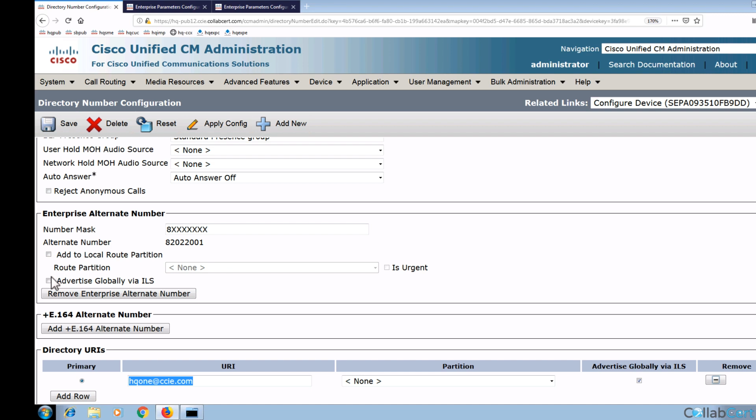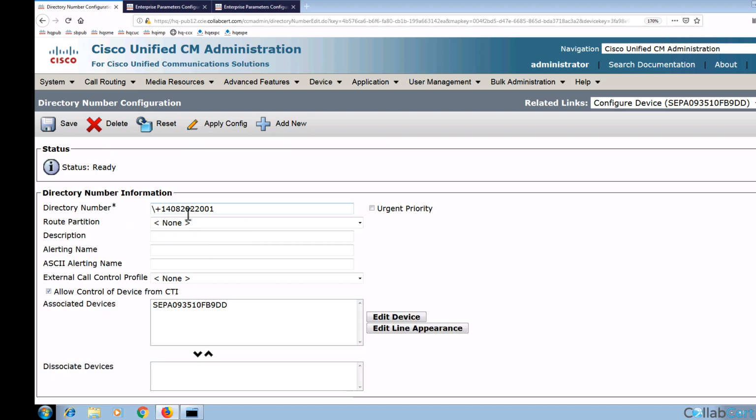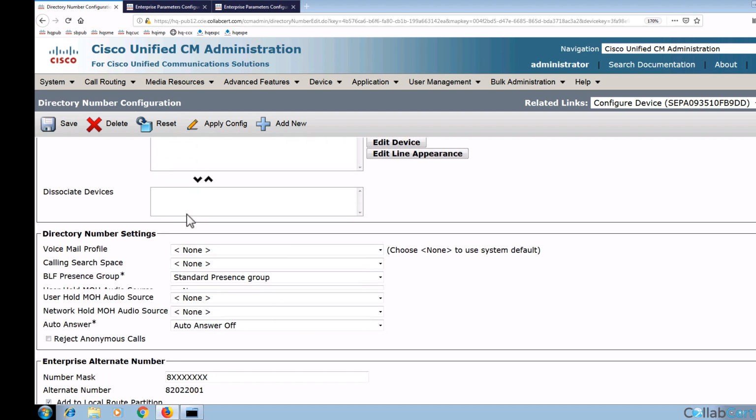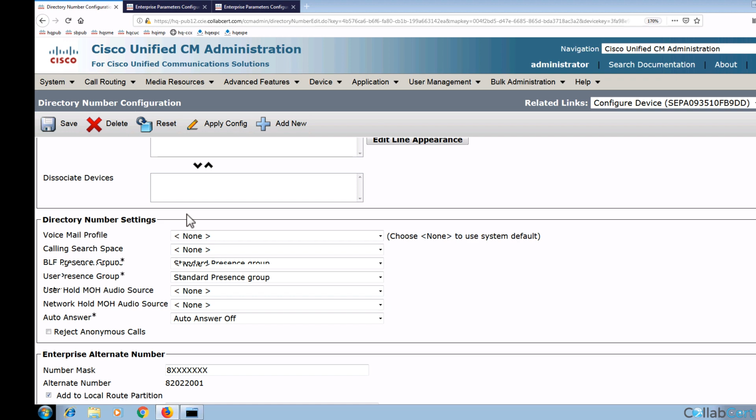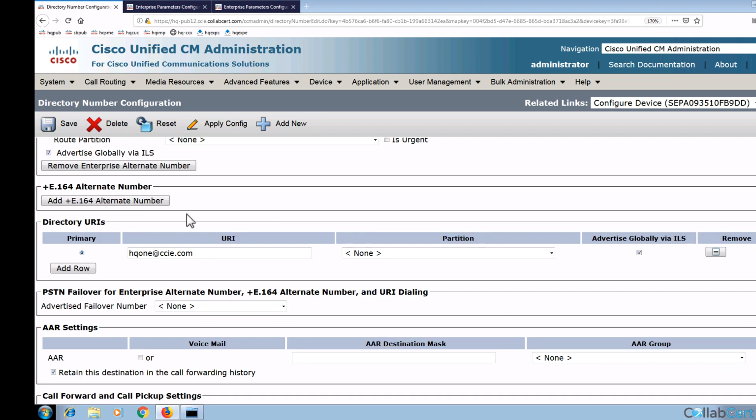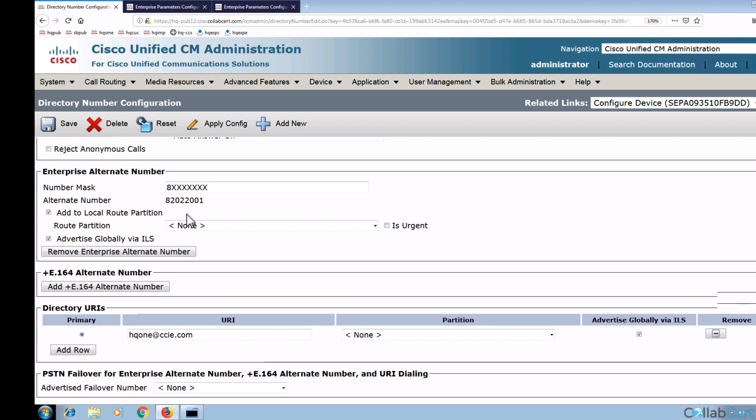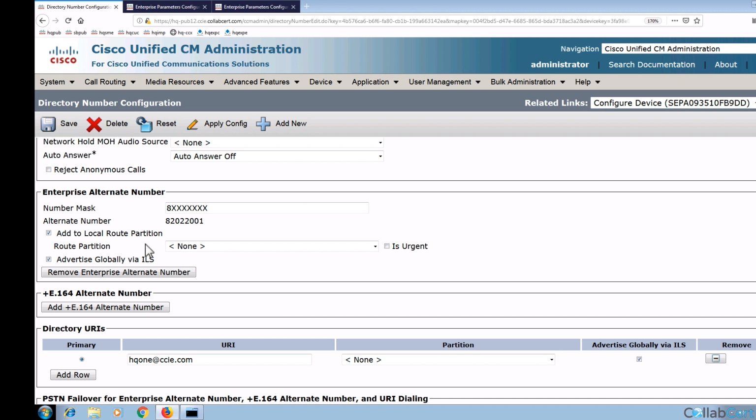So I'm going to advertise that, and I can also add that as a partition. So add that as a number in a local partition, so that if I get a call coming in to 8202-2001, I know that this is on this particular phone. And the number here is globalized, so I'm going to also advertise that as well. So the Site B phone can call me using one of three methods: URI, this alternate number, 8-digit number, and